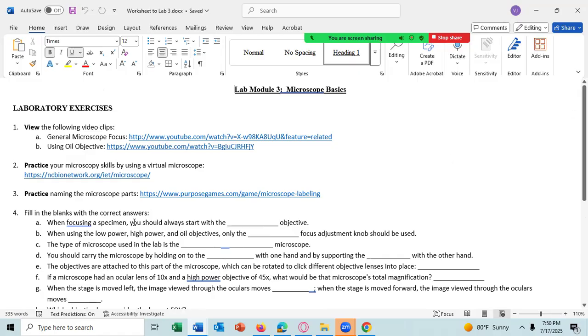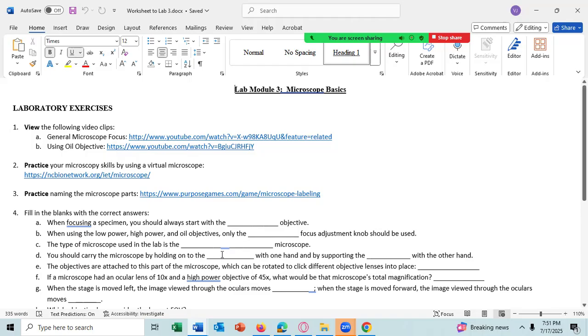4A, when focusing a specimen, you should always start with which objective. So write in the objective there. When using low power, high power, and oil objectives, only which focusing knob, adjustment knob should be used. The fine focus or the coarse focus. 4C, the type of microscope used in the lab is what?